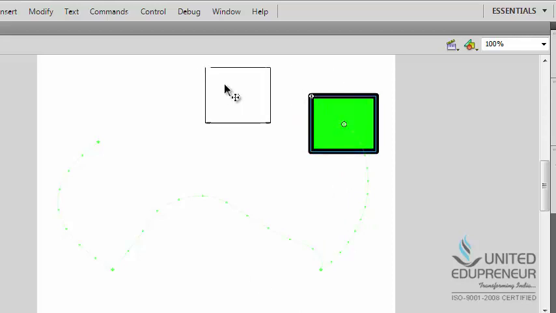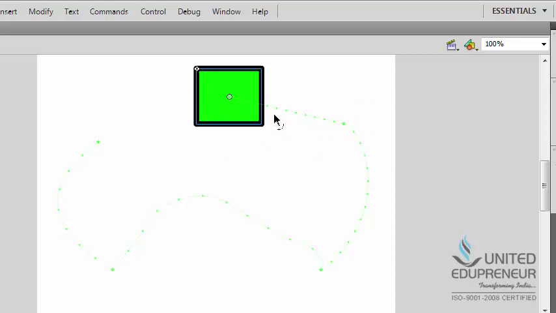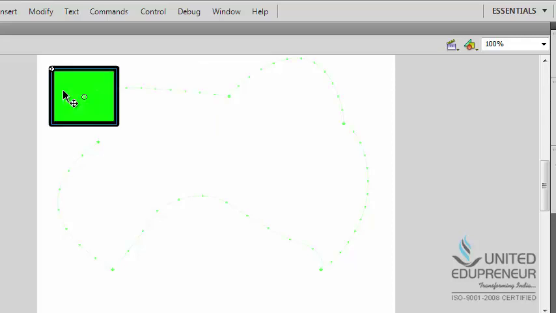Select frame and change the position. And on last frame like this. Okay, and you can change the property also,